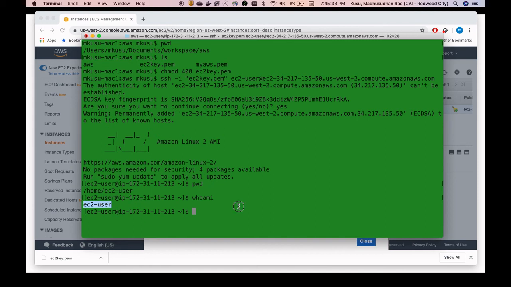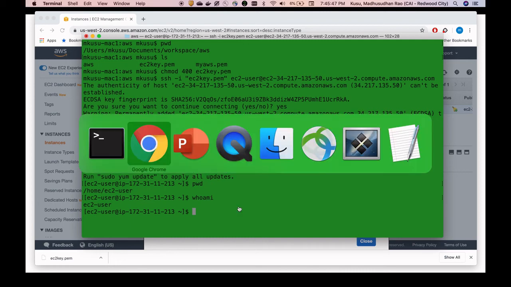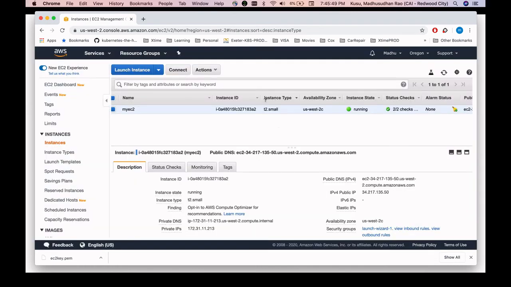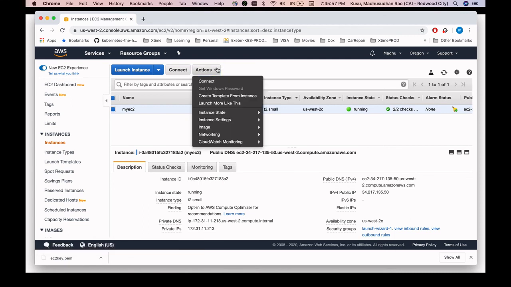So, the second step is, now I already successfully connected to my EC2 instance. Now how do I terminate my instance? If you want to terminate your EC2 instance, go back to your web browser AWS account, close this one and click on the instances. If you are already on the page, go to actions and then instance state. In the instance state you see the stop option, reboot and terminate. If you look at the stop option, this will stop the running instance.